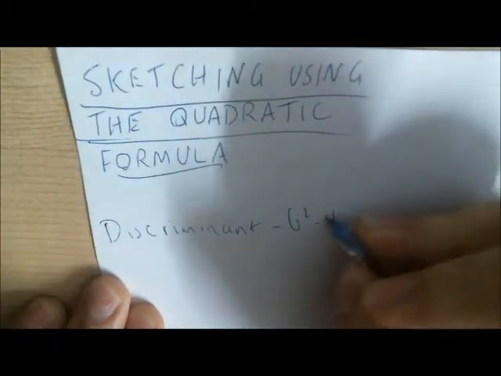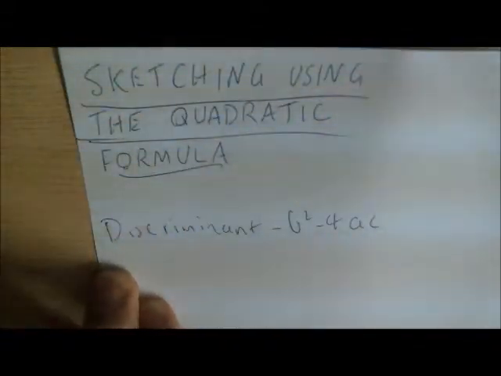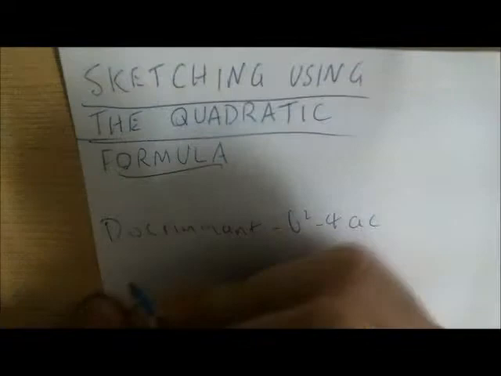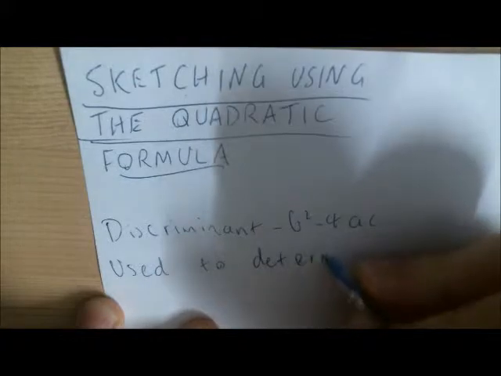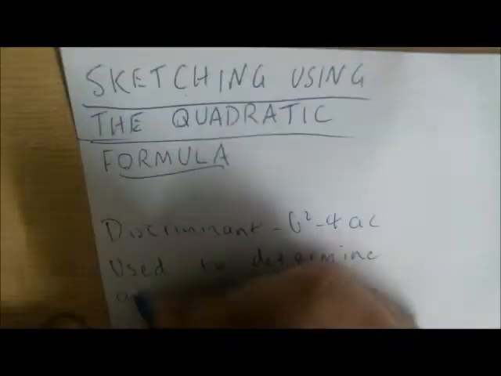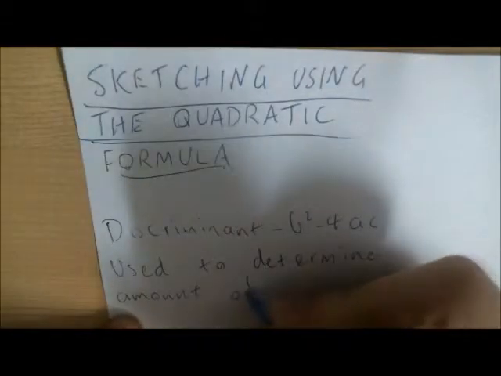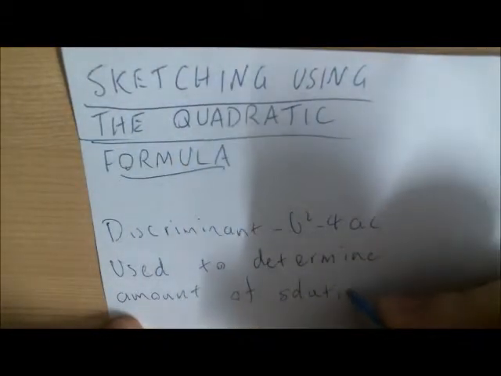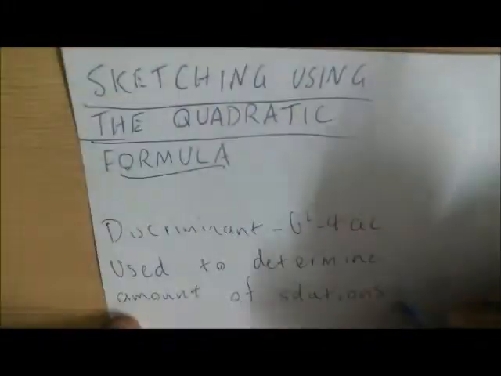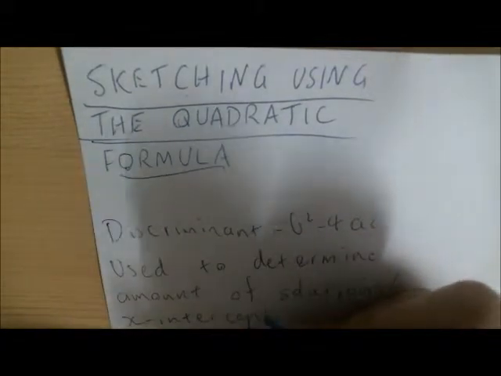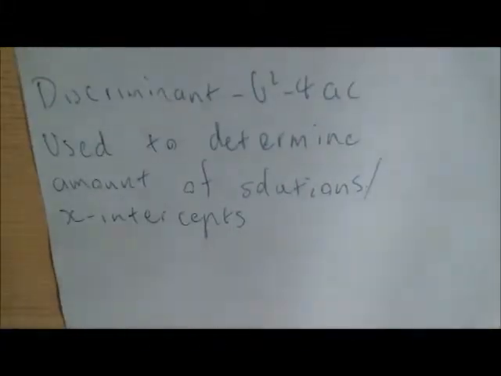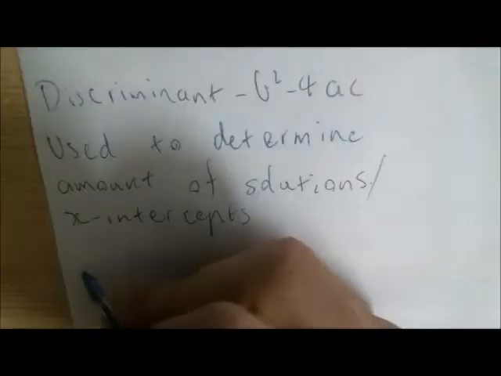The discriminant is used to determine the amount of solutions. These solutions are also the x-intercepts. Just to refresh you,